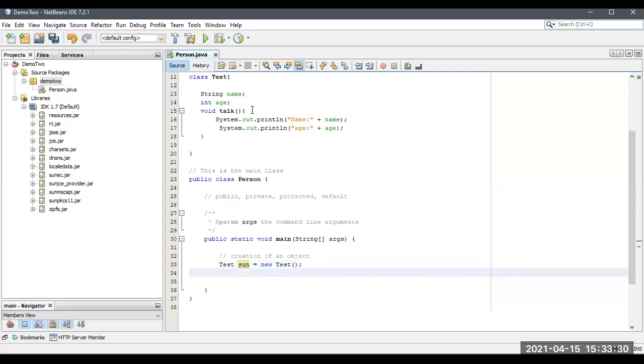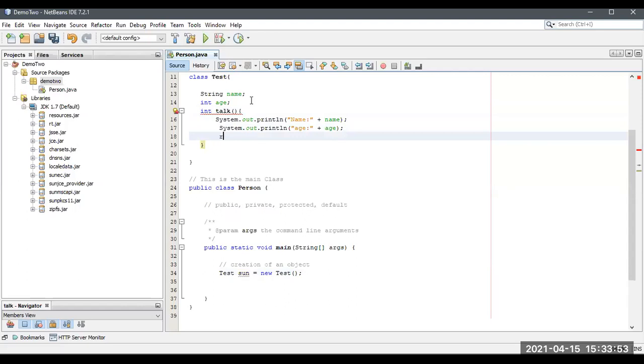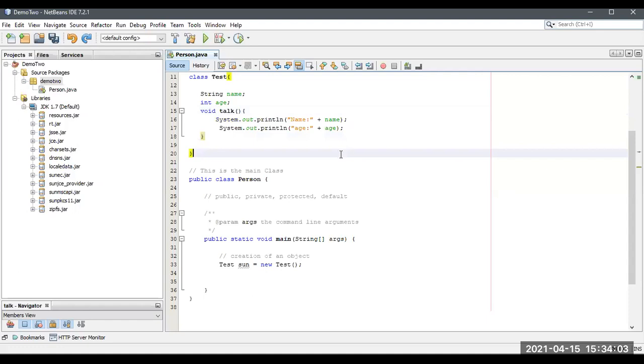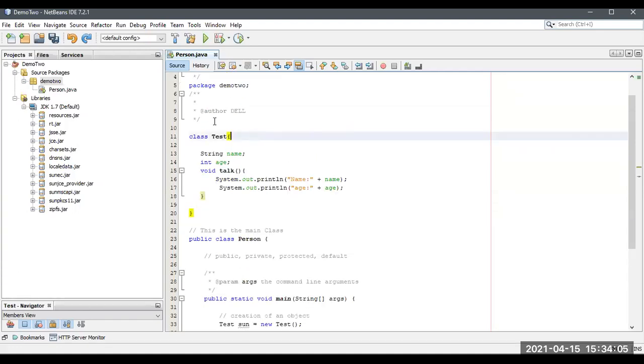So how to access this one? Here, we didn't mention any access specifier. And it is saying that please don't return anything because it is void, similar to the C language. Inside the C language, we have a return type. If it is int, we need to return a 0 or whatever it is. So there is no need of a return type over here. That's why I mentioned void. Remember all these things.